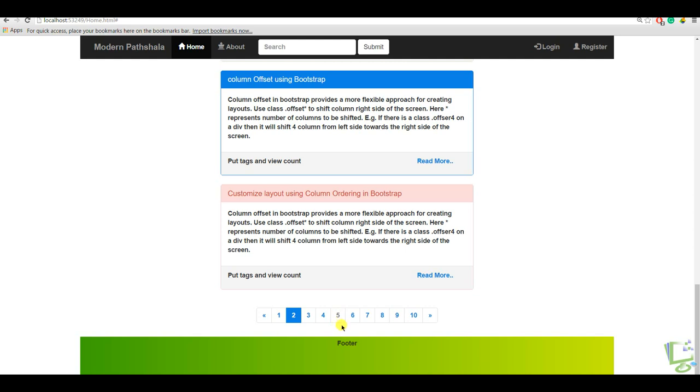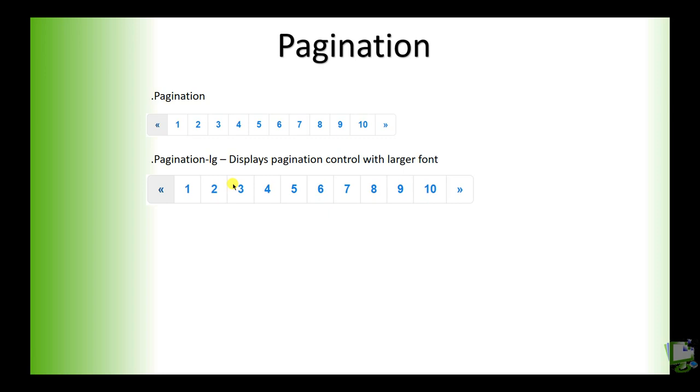Bootstrap also provides two more classes, pagination-lg and pagination-sm. The pagination-lg class displays the pagination controls with a larger font, and the pagination-sm class displays the pagination controls with a smaller font. So let's implement.